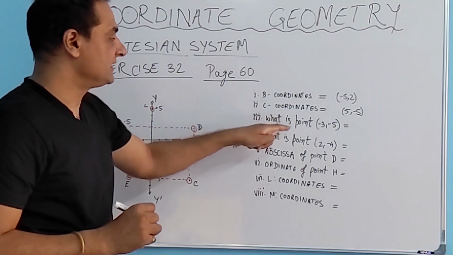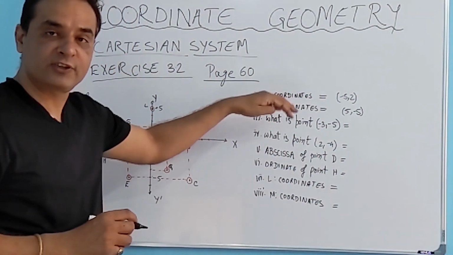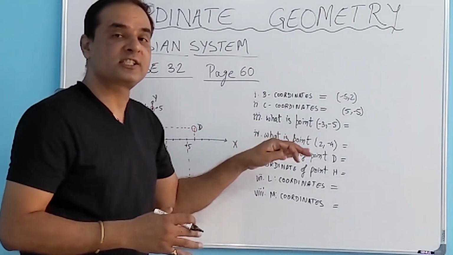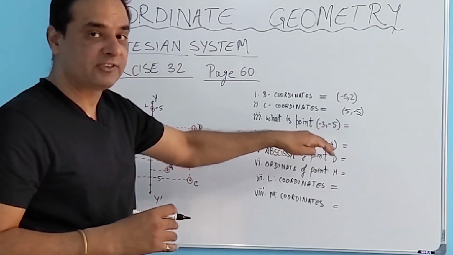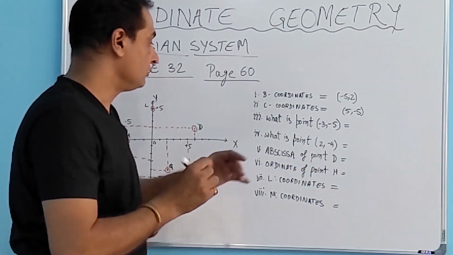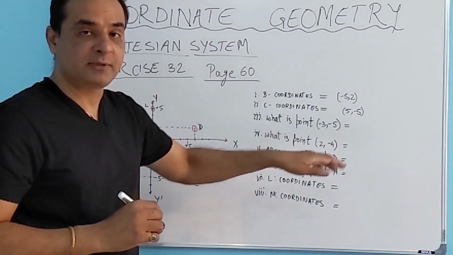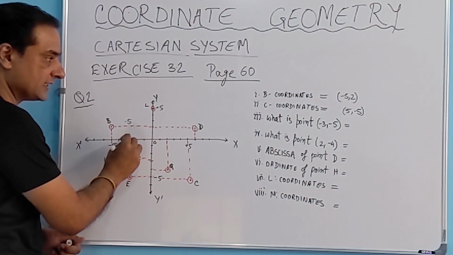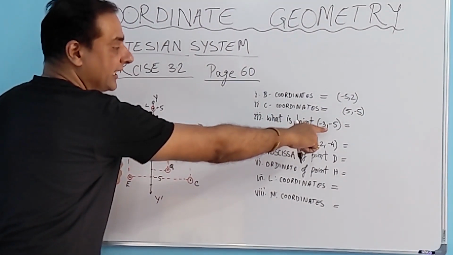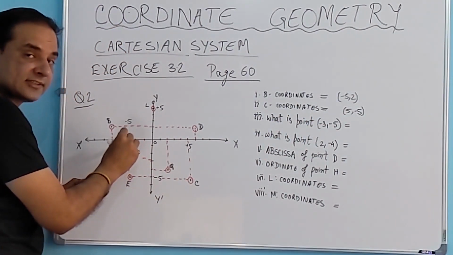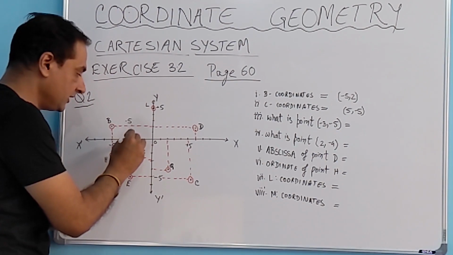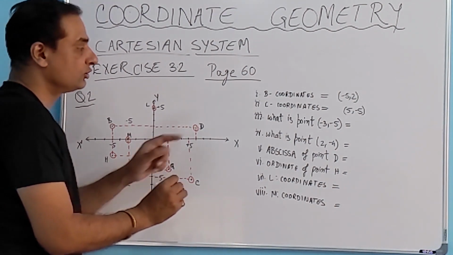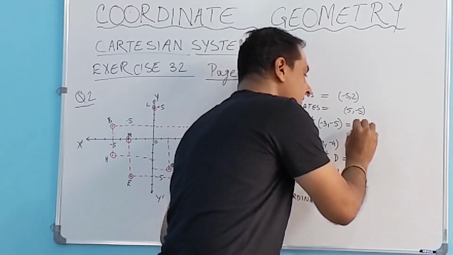Now the third question is, what is the point minus 3, minus 5? Look at the first two questions. They say look at the point and find the coordinates. In the third question, the coordinate is given, but we need to identify which point it is. So looking at these coordinates -3, -5: on the x-axis we need to find -3, and then for the y coordinate we need -5. So -5 will be in the lower direction. We go down from here. So -3, -5, we arrive at this location, which is point E. So the point -3, -5 is E.